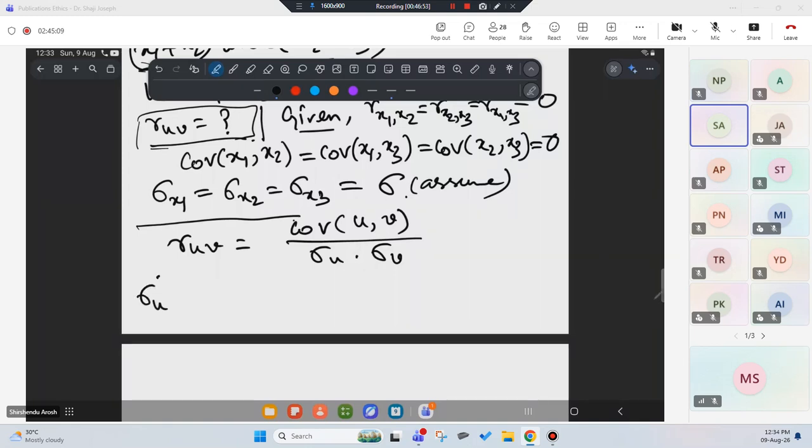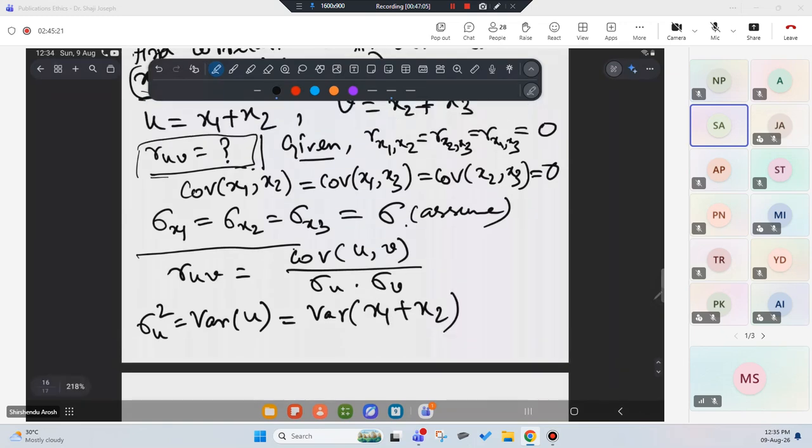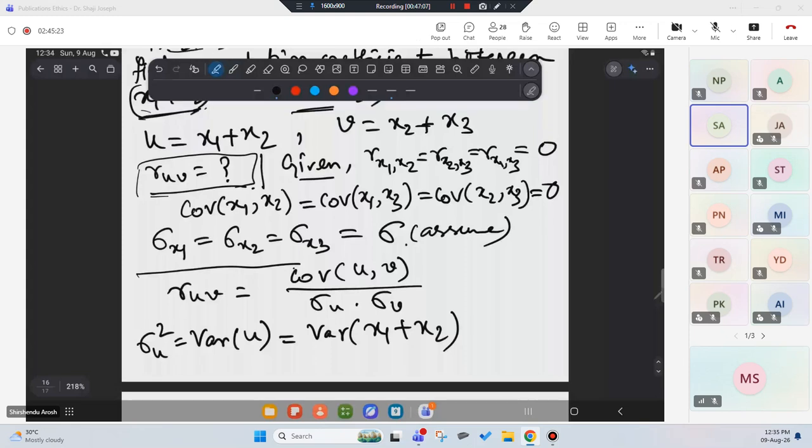So sigma U square means the variance of U. What is the variance of U? U means x1 plus x2, so the variance of x1 plus x2. Similarly, the variance of V would be the variance of x2 plus x3. Now, if I use the previous formula,